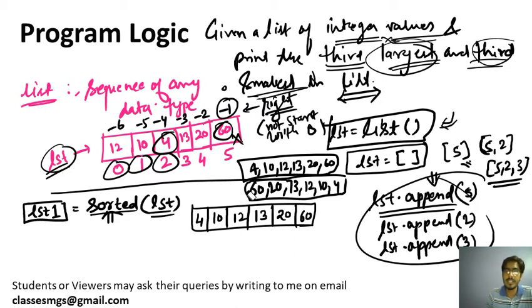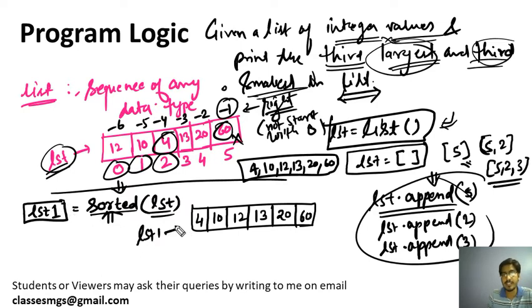You need to use the sorted function of Python. It is available in Python. You need not import any module for this. Like the max function is available to calculate the maximum, the min function is available to calculate the minimum. Similarly, the sorted function is directly available to get the sorted list, and we will hold this list in the list1 variable.